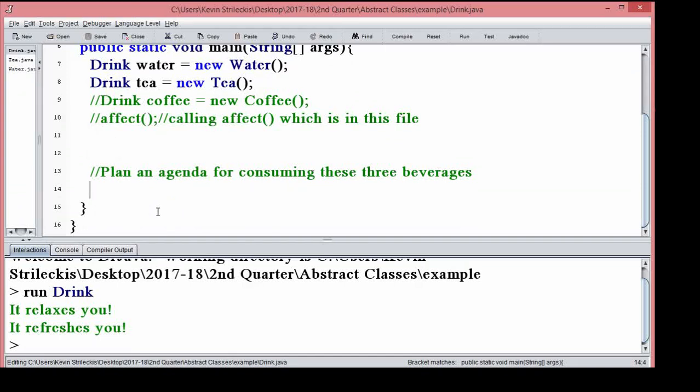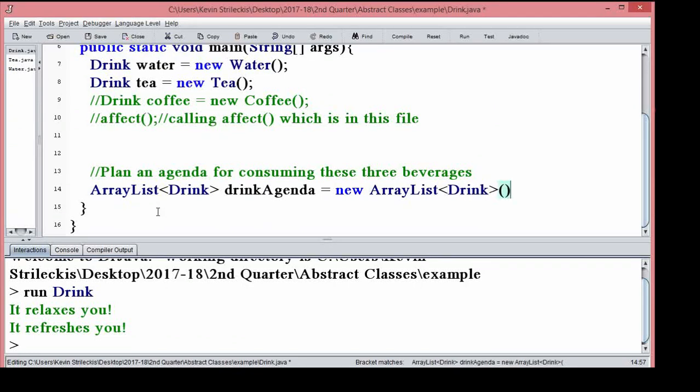I can make an array list of drinks. This could be my drink agenda. Sorry, I've been doing a lot of Python recently, so I've been snake casing everything. Back to the camel case. Equals new array list of drink.